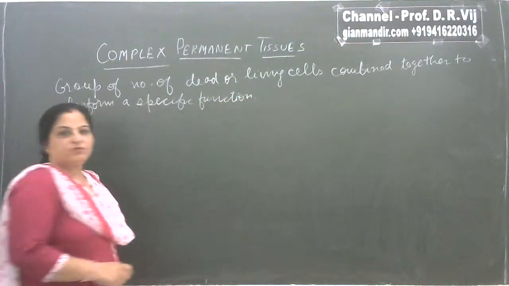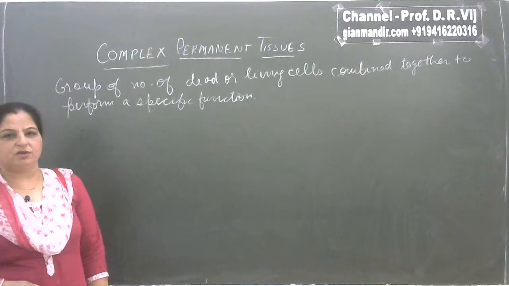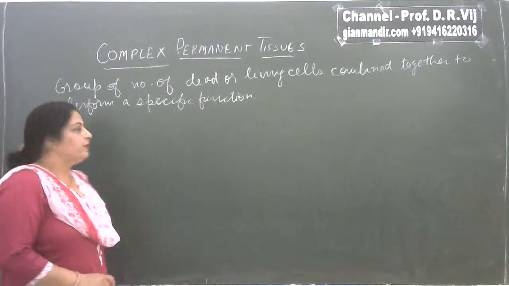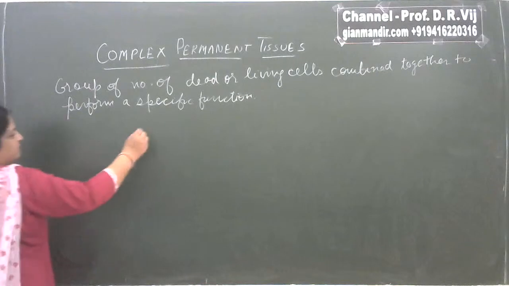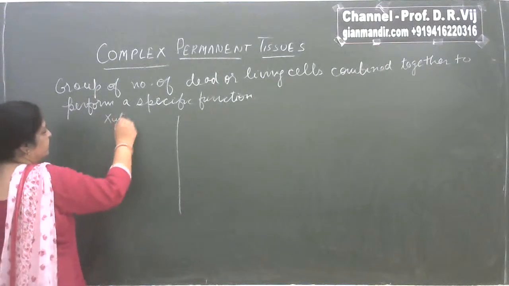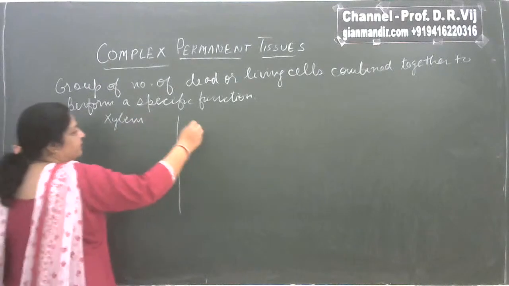Such types of tissues are known as complex permanent tissues, and as you know, in plants there are two types of complex permanent tissues, and these two types are xylem and